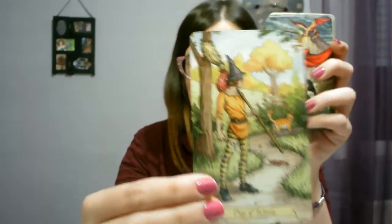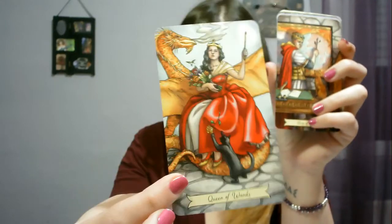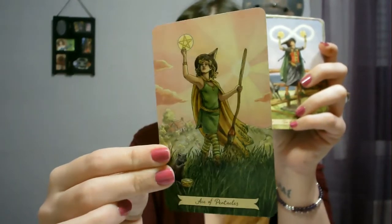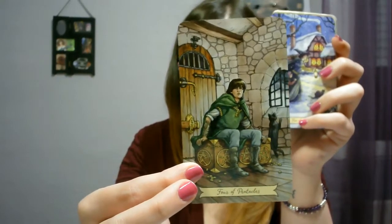10, and now the courts, Page of Wands, the Knight, the Queen, I really like this Queen, and the King and his orange cat. And now the last, the Suit of Pentacles, Two of Pentacles, Three of Pentacles, again very traditional, the Four,